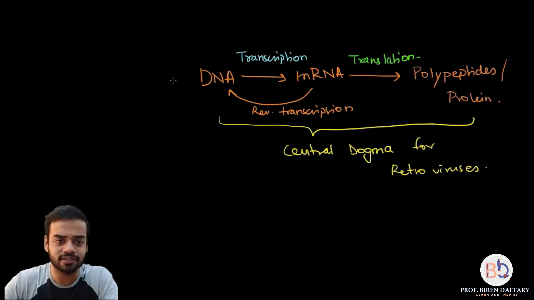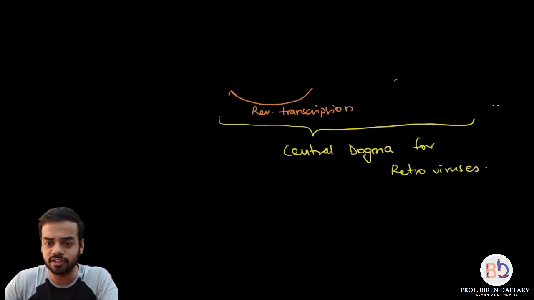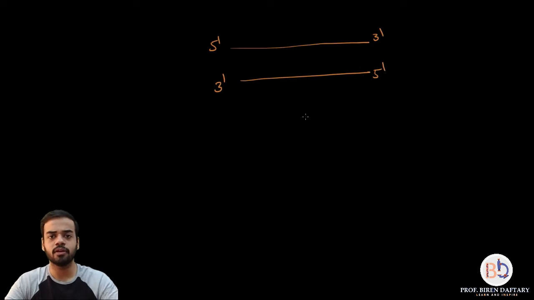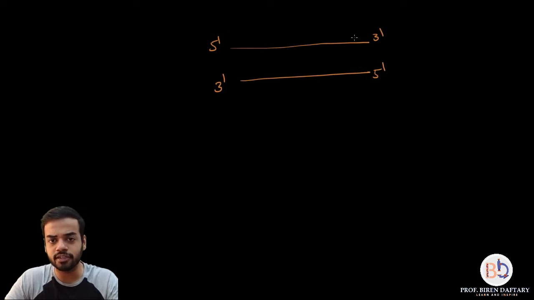Now should we start with transcription? Transcription is very important from the exam point of view, so let us start with that. First of all, what is a transcription unit? A transcription unit is basically the unit which undergoes transcription. And what is the structure? So let me draw the structure once again. First we draw the double stranded DNA, correct? This strand 5' to 3', the other strand 3' to 5', correct? They are anti-parallel. Now the strand which is this one 5' to 3', which is having 3' towards the right hand side, this is also called the coding strand.